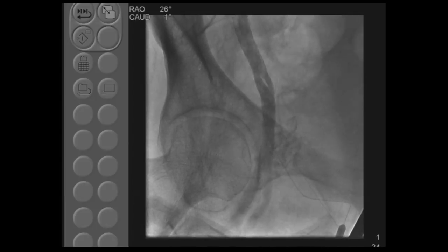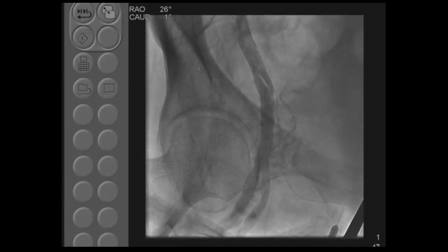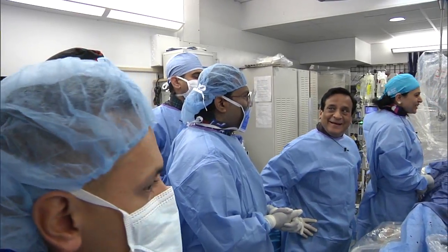I think the fellows here are well trained to do pre-close. We can show Bhupati, Rahul as well as TT, our 3 interventional fellows. So maybe 2 would have done better than 3. But